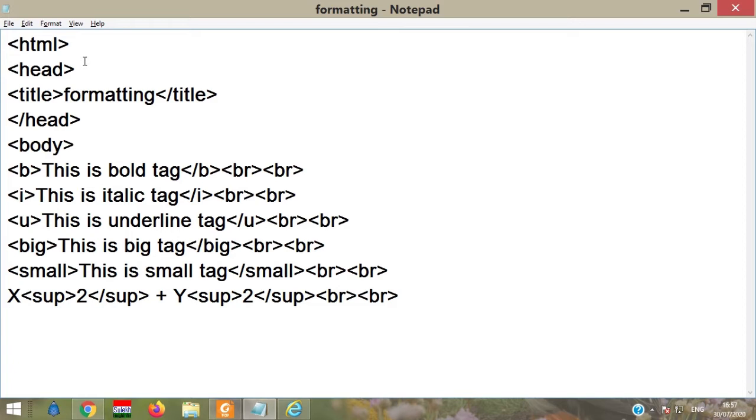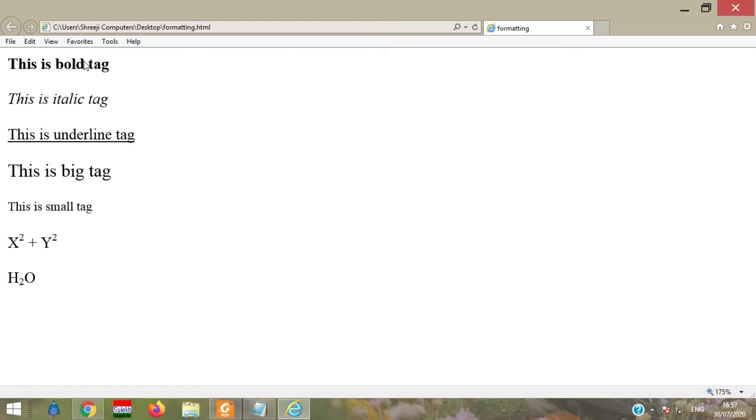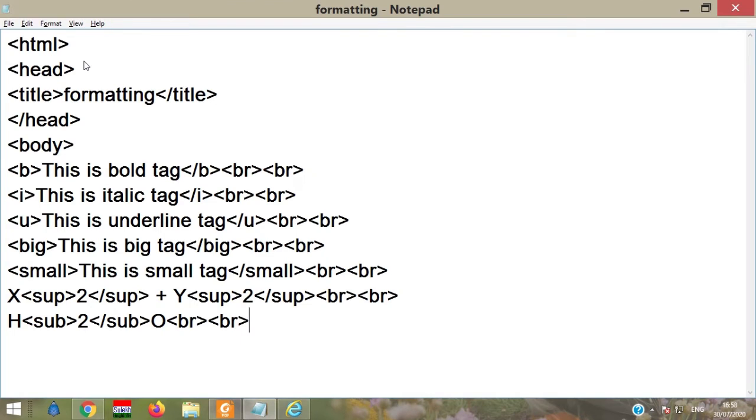Then for the subscript, we use H2O. In this situation the 2 will be smaller than the regular size, so use sub and close sub. Sub means subscript and sup means superscript. Then what will be displayed? H2O. All these are known as formatting tags that we use with the paragraph tag or anything else: bold, italic, underline, big, superscript, subscript.